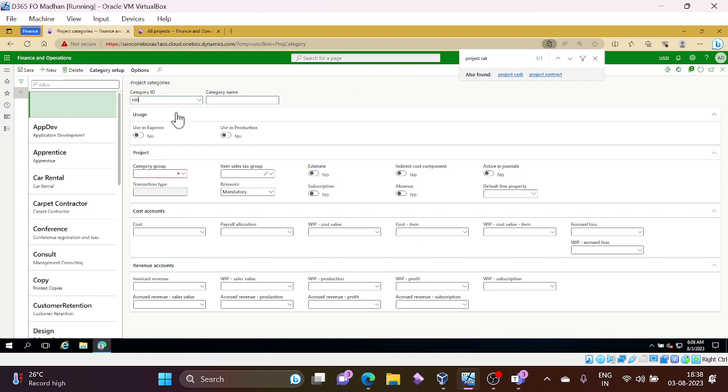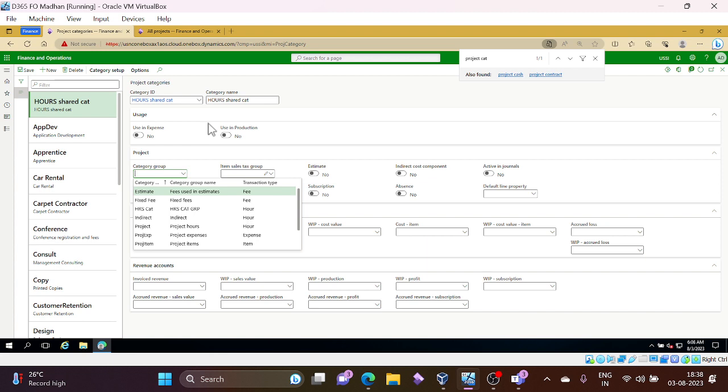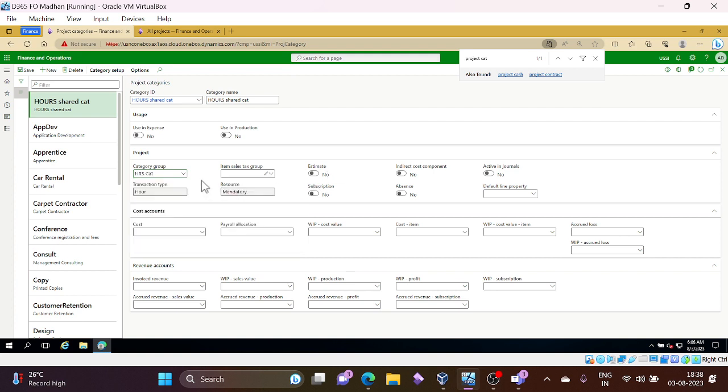So hours cat ID, maybe I'll select here the shared category which we already created. Here no need to give anything, it will pick automatically based on your previous setups. Ours is something like hours cat group. So once selected, save it. So now we covered